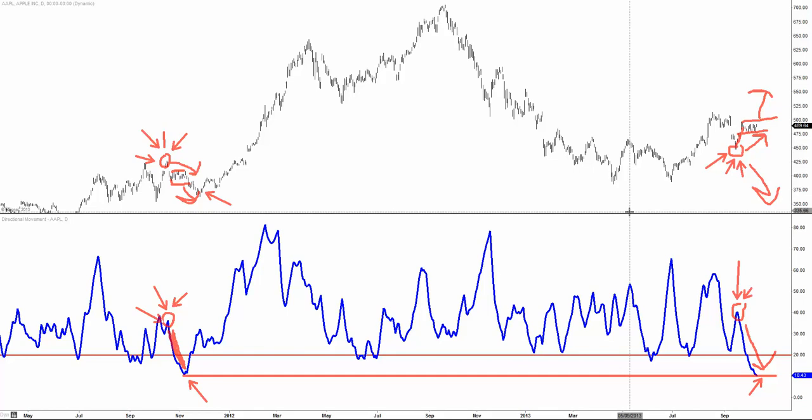The conclusion is this: there's a higher probability that, if Apple can get above 493 or so here tomorrow and close above that, there's a high probability we'll close above 510. Now the market is bullish. I think that wind can really help Apple buyers find a little bit more comfortable setting. It doesn't mean that just because the market's up, all of a sudden Apple's going to go to 700.